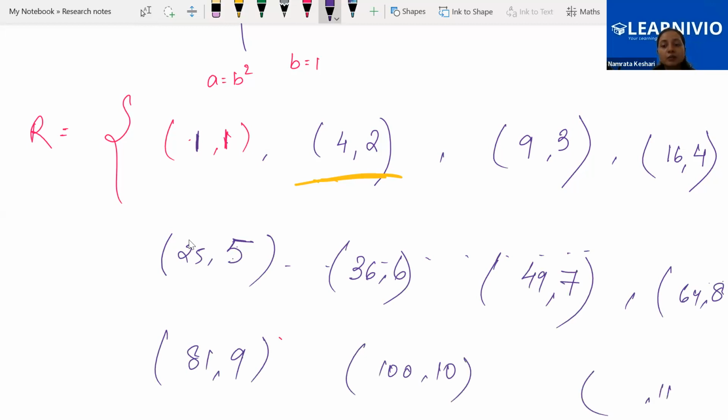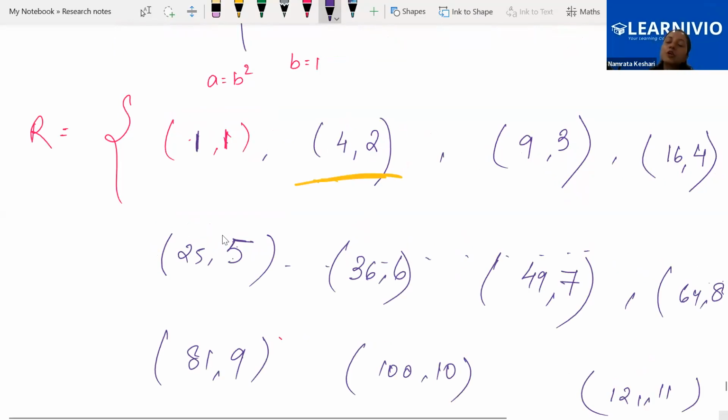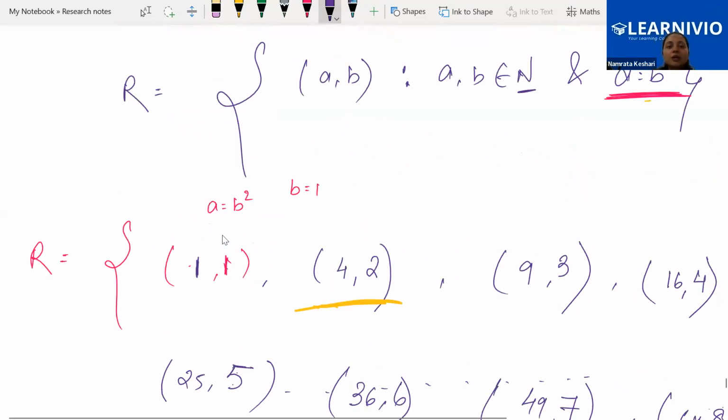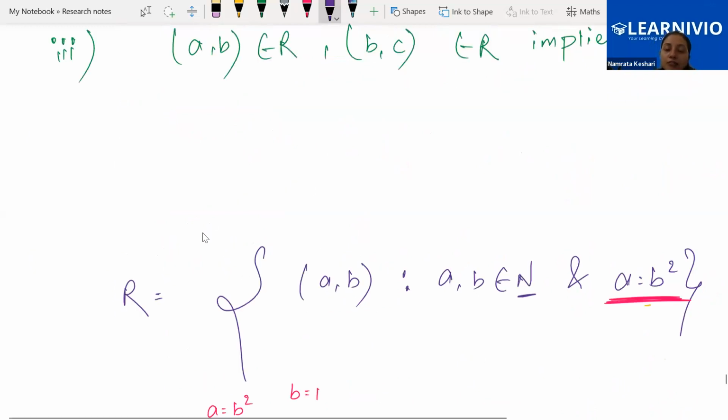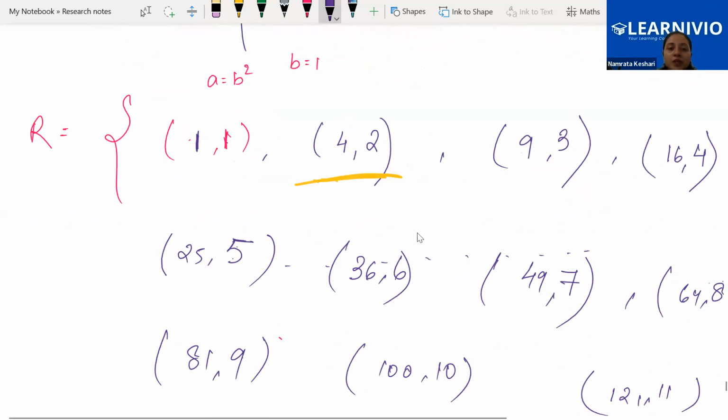If we are taking B as any number, any natural number, A will be the square of that. We have understood the given condition, the given relation. This is how it will keep on going, because natural numbers are infinite. Now it says that if AB is there and BC is also there, then AC will be there. Okay. So for example,